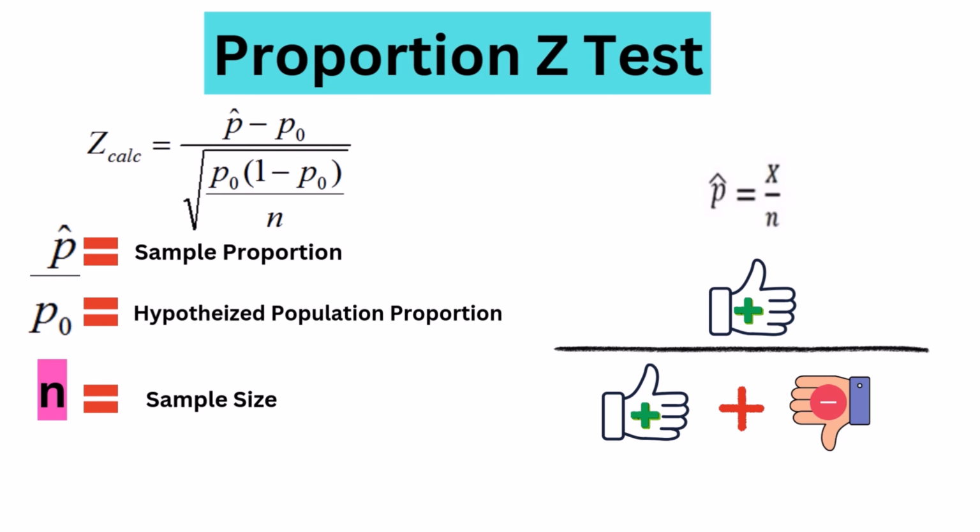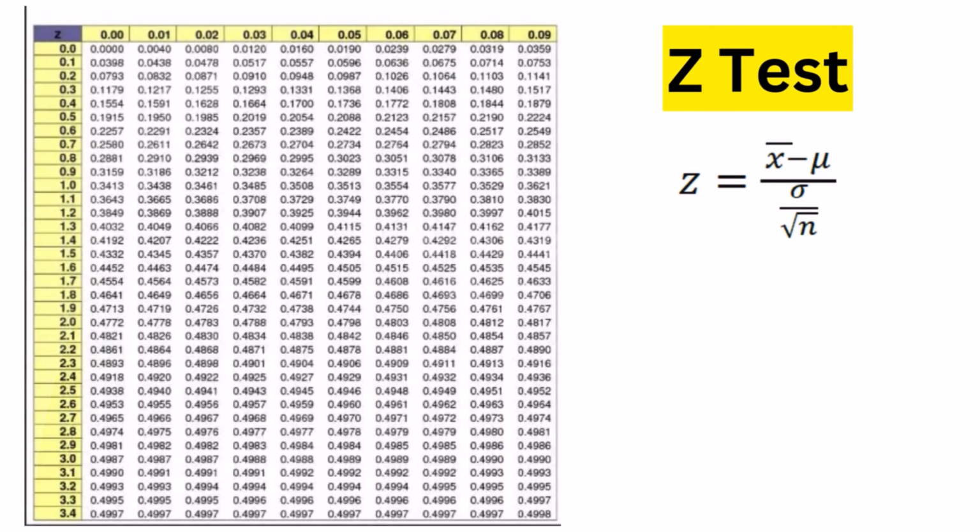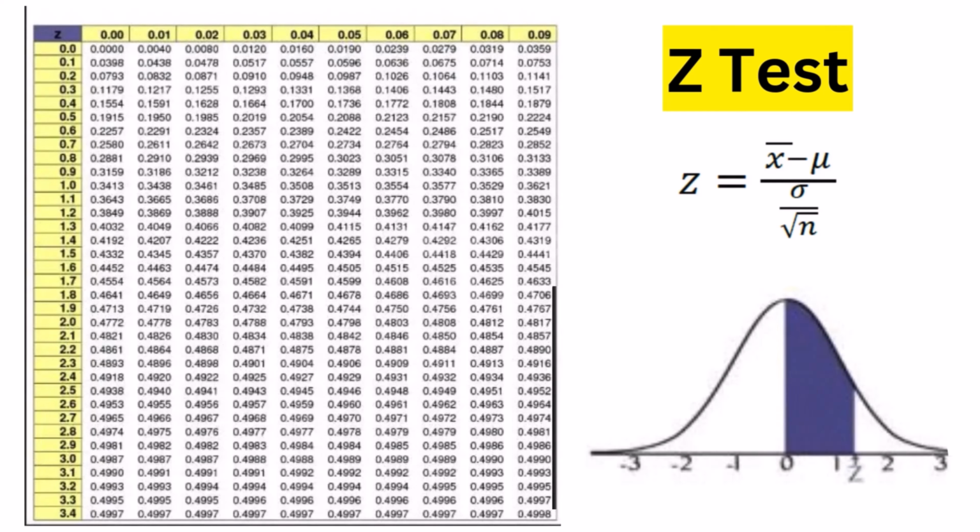Instead of means, for instance, you could use it to check if the proportion of people liking a new product is different from the company's claim. Since the variance of a proportion can be determined from the mean under the null hypothesis, this makes the z-test a natural fit here. And if for the t-test we had the t-table, which helps us find critical values based